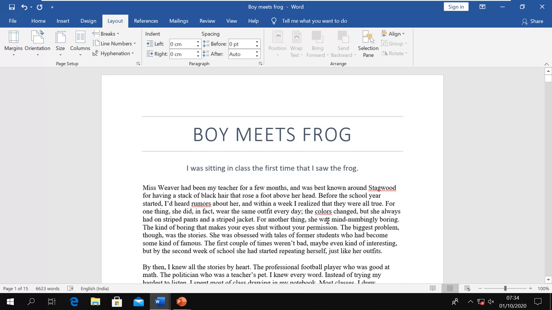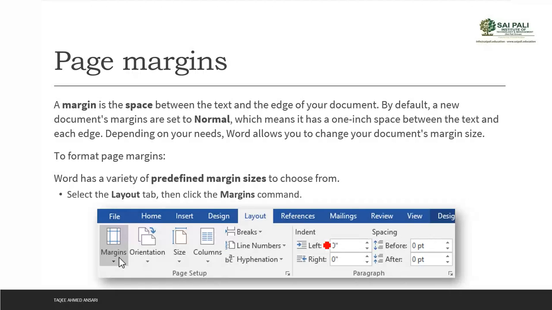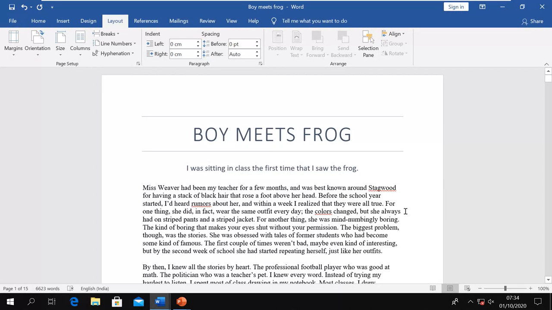This is the Normal margin. It uses this normal margin to make your paper attractive and readable, and it leaves margin on both sides, left and right, and also top and bottom. By default it leaves almost 1 inch on all sides: left, right, top, bottom.